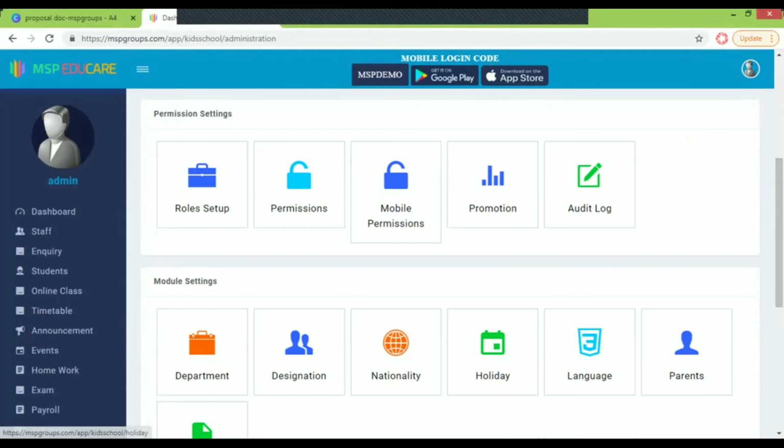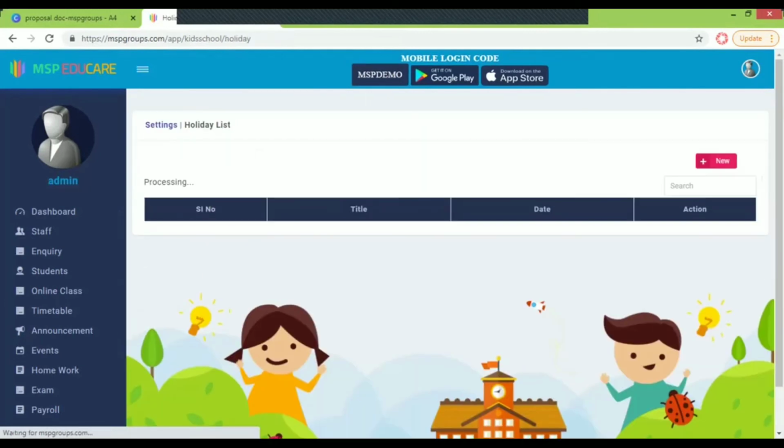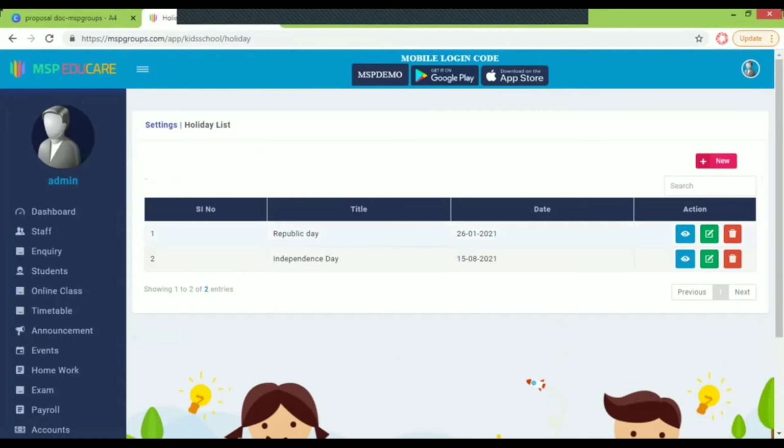Then you could make up the holiday list. So in a year, we will be having a predefined holiday list with us. So those holiday lists, we can make a note of over here. I'll just show you. See, the 26th is the Republic Day and the 15th is Independence Day. These are predefined holidays, right, by the government. So in that way, we can make a note of those leaves over here.